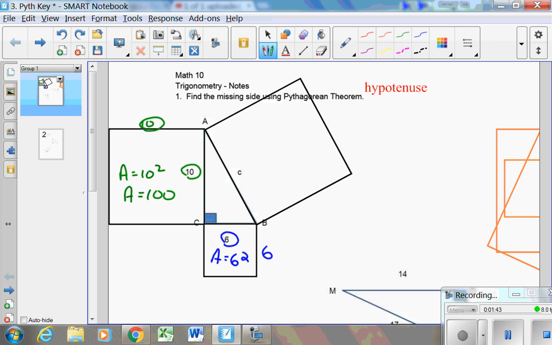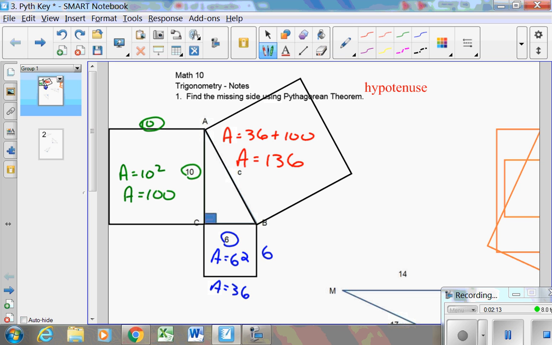So that's 6 squared. So inside this square are 36 squares. If we go back to what we talked about on the previous skill sheet, we talked about the idea that the big square is the sum of the two little squares. So this big square area needs to be 36 squares plus 100 squares. So this big area is